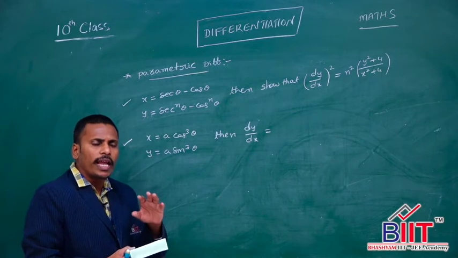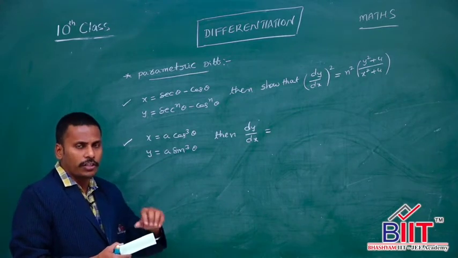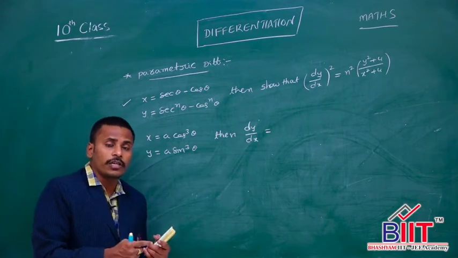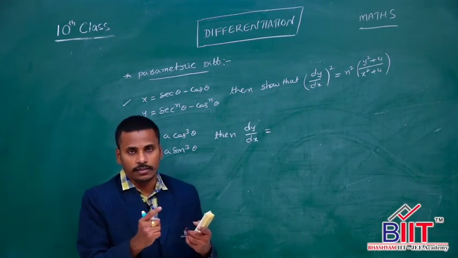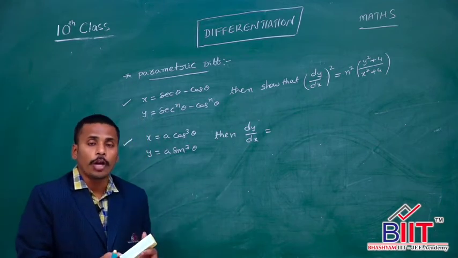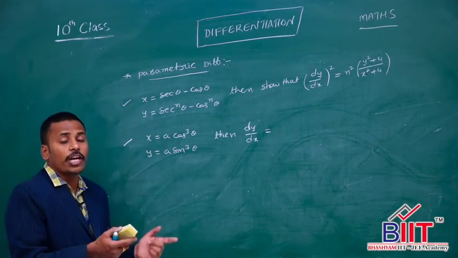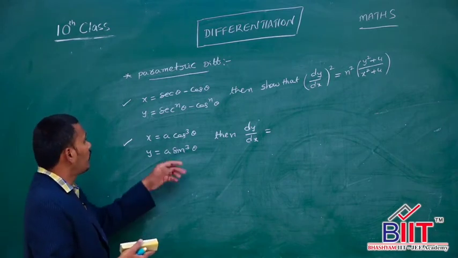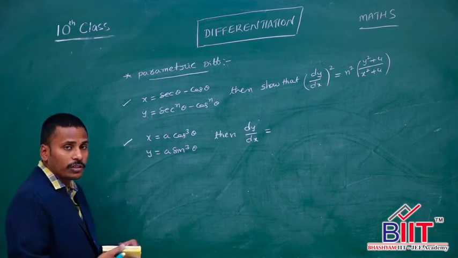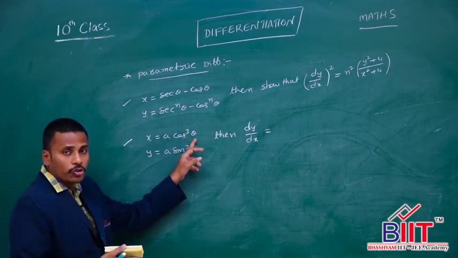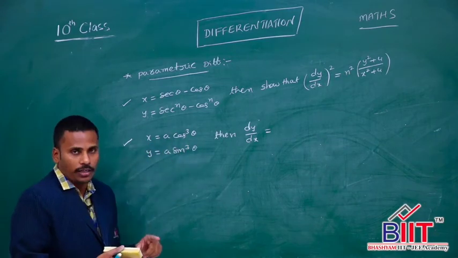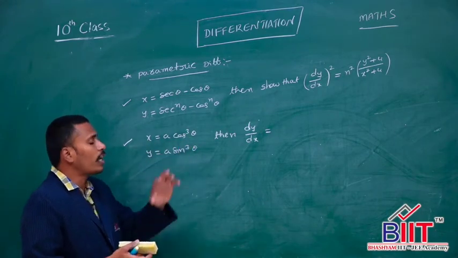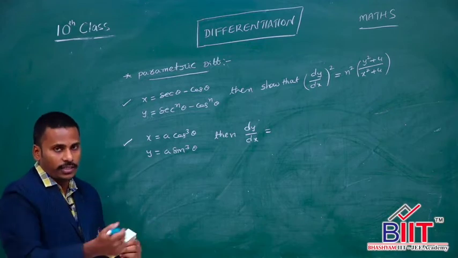So I think you may have learned about parametric functions in the functions chapter. Parametric functions in the sense, usually a function means a relation between y and x directly, whereas in parametric functions, x and y are not directly connected, they may be connected with some other parameter like theta. Okay, I have 2 problems here, and this is x is equal to a cos cube theta and y is equal to a sin cube theta, and y and x are connected with respect to theta, and my target is to find dy by dx, right?